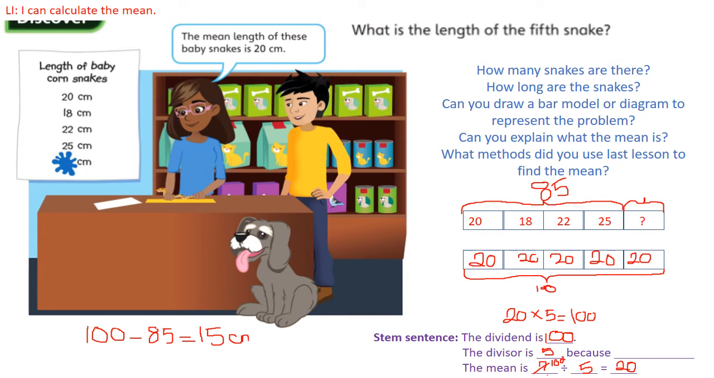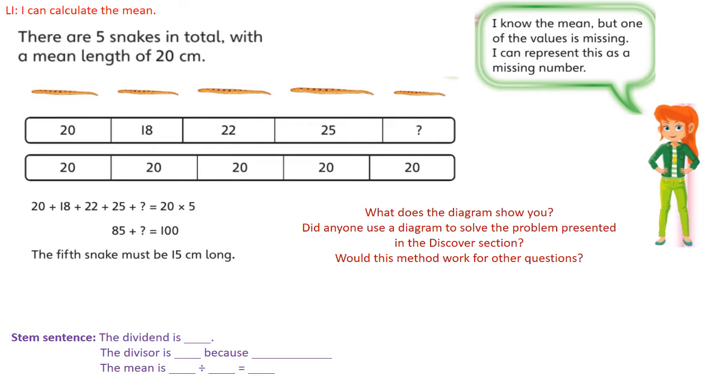How could you double check to see if you're right? Well, you could add them all up, add 15, divide by 5 and see if you get the answer of 20. Let's take another look at that to make sure we